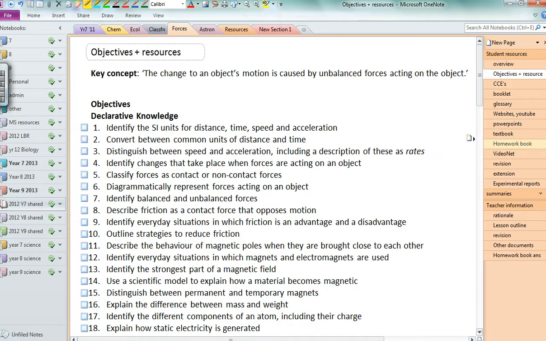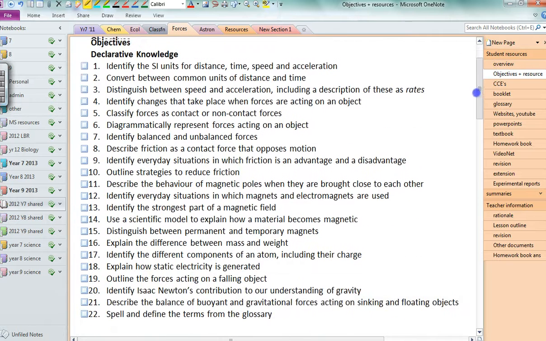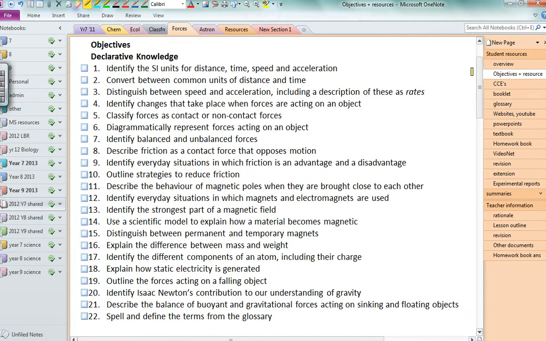So really the key to this self-directed learning approach within the OneNote is the objectives have to be thorough and they have to be detailed, and you must provide resources. So the objectives and the resources are the key. If you provide very vague objectives, for example, if these 22 objectives were compressed into say 5 or 6, then it would be difficult for a lot of students to know the depth to which they have to answer the objectives. And even with the 22 objectives here, some students might answer